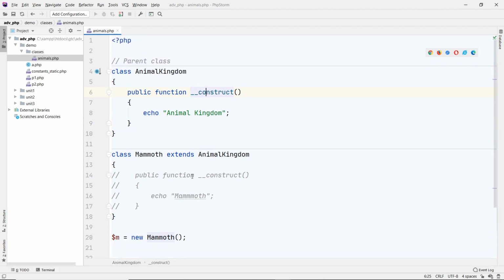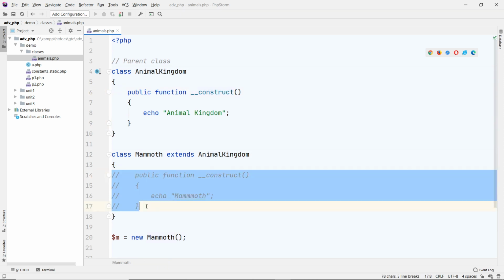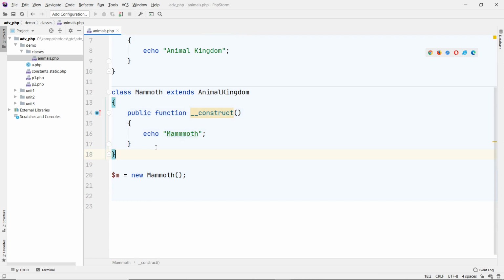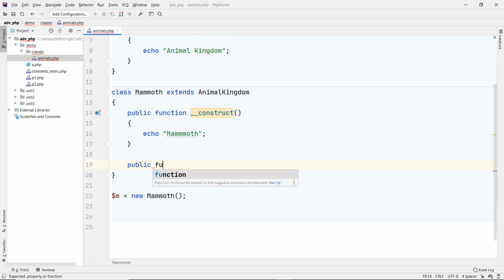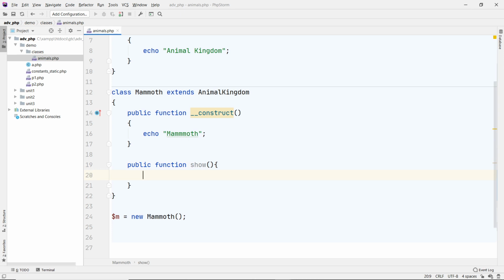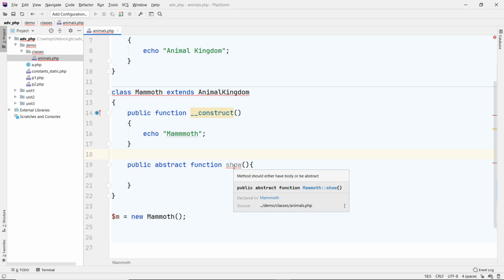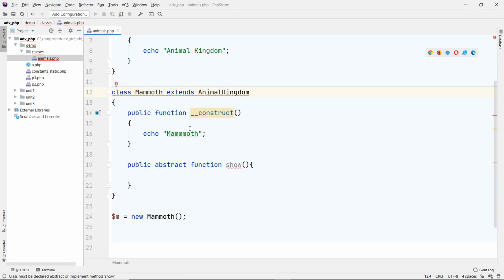And so this is just a method, right? So let me go down here and turn this back on. And by that I mean you cannot have a function, say public function called show. This is another function, a very simple one. And to make it abstract, you cannot put public abstract. You cannot have an abstract function there because if you mouse over that, it tells you method should either have body or be abstract. It just means that you cannot have an abstract method because this is not an abstract class. So if I were to